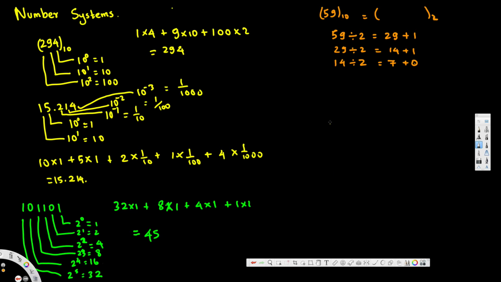Now we have 7 divided by 2, we will get 3 and the remainder will be 1, and 3 divided by 2, we will get 1 and the remainder also will be 1, and 1 divided by 2, it's 0 and the remainder is 1. So when we get 0, we stop right there and start writing the answer from bottom to top. This is going to be the binary value of this 59, and if you write from bottom to top, you will get